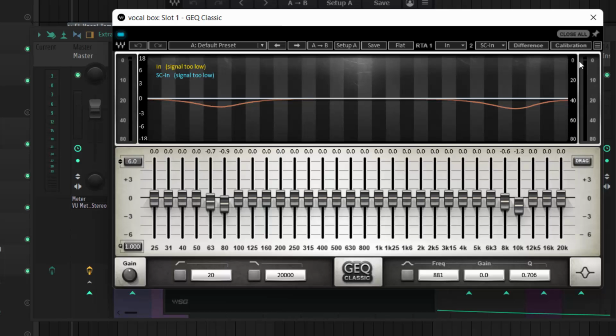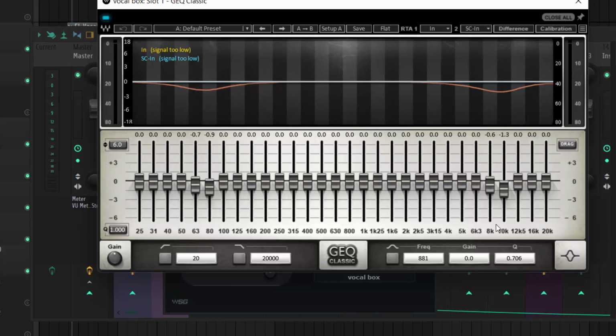So I added this to it, and I decided to remove some stuff at the low end. I decided to remove about 1.3, and here was about 0. Not even a dB, just a little thing. I was trying to remove some kind of harshness from that side, and some bossiness from this side also, about 0.7 and 0.7. So it's not up to a dB, just a little thing that I was trying to do with the EQ. So let's take a listen.